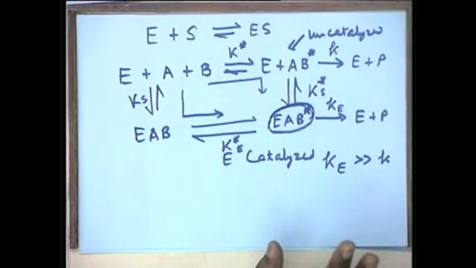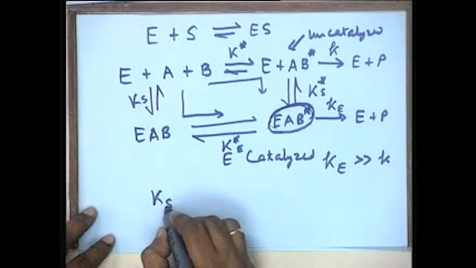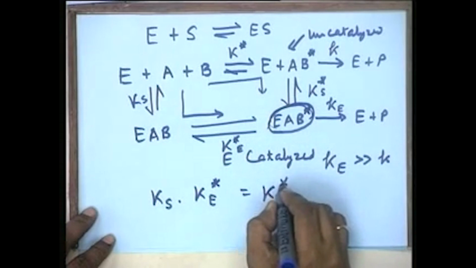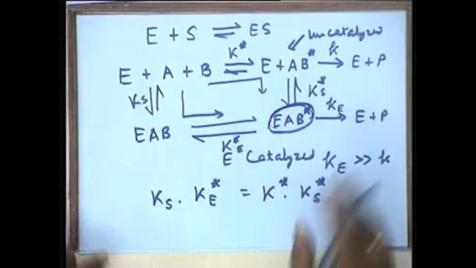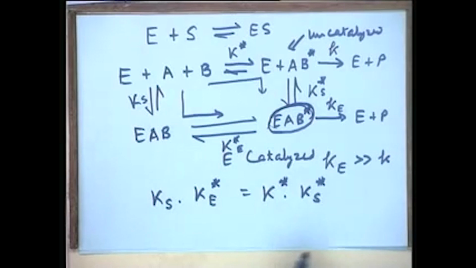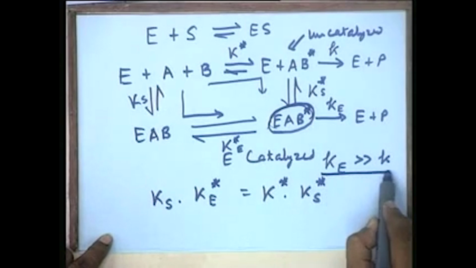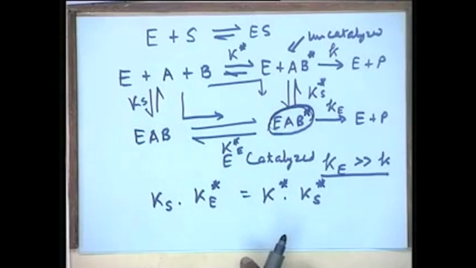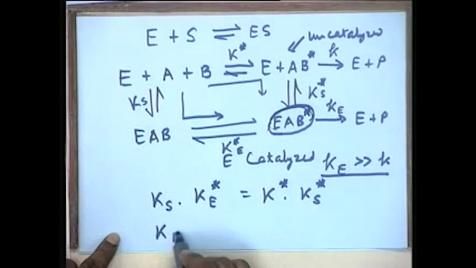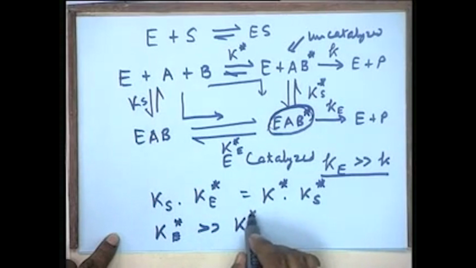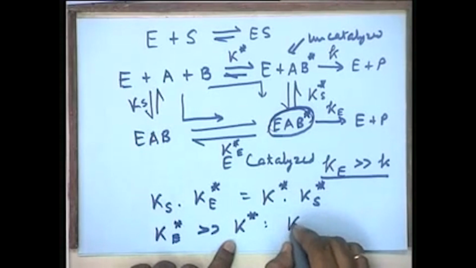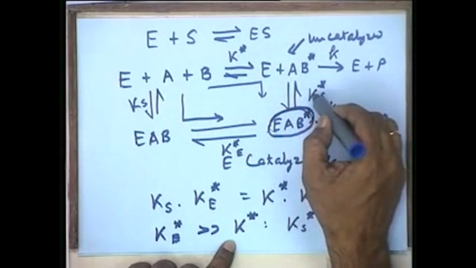From either way, under equilibrium conditions, it is possible to arrive at this complex, and if you consider the two routes, then Ks into Ke star, that means the left hand side route, should be equal to K star into Ks star. The multiplication of the equilibrium constants of these stages should be equal. Now, as I have said earlier, ke is greater than k, and also k is equal to RT over Nh K star. Therefore, the Ke star is much greater than K star. Is that right? And therefore, it will imply that Ks star,